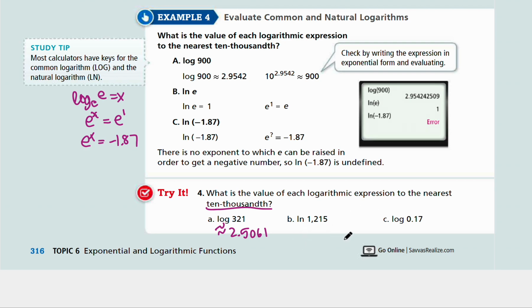Part B, natural log of 1,215. If you plug it into the calculator, it's going to be 7.1024999356... and that's about 7.1025. Part C, log of 0.17 is going to be negative 0.7695510786..., so that's about negative